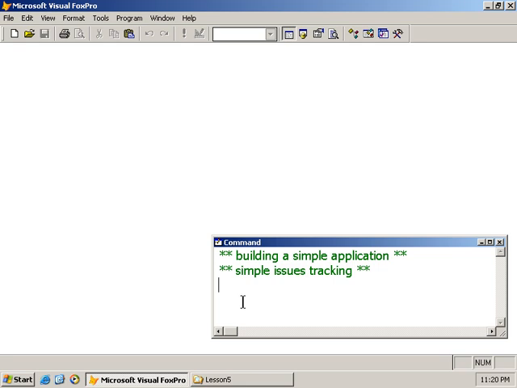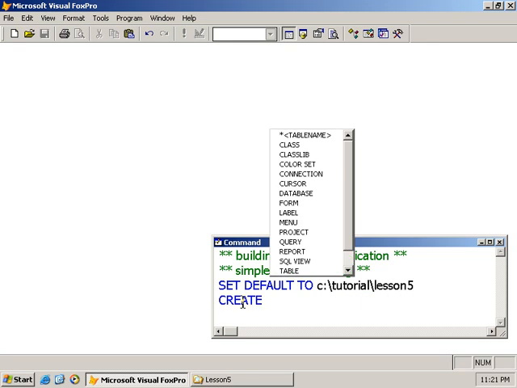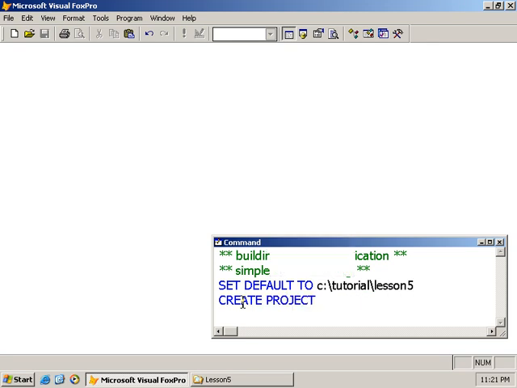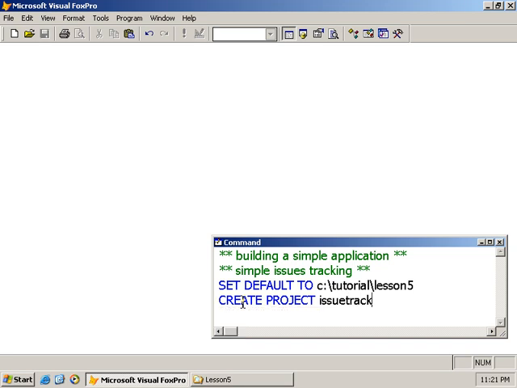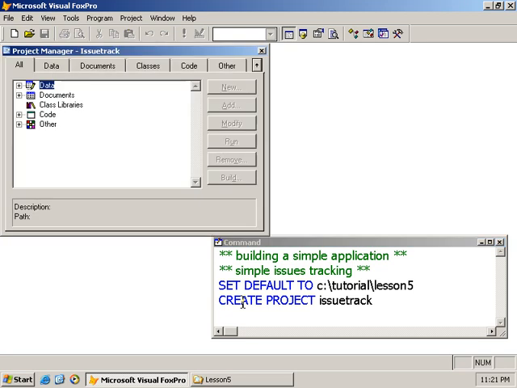let's get going. So we'll set default to C, lesson 5. And what we're going to do is create a project called issue track. And what we want to do is